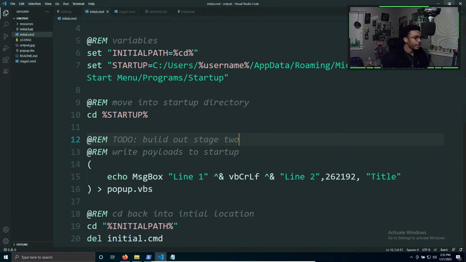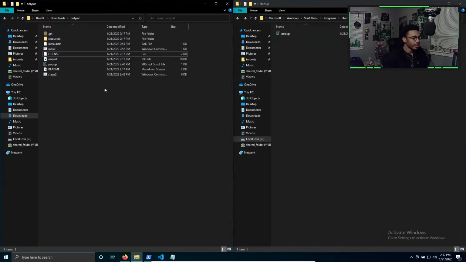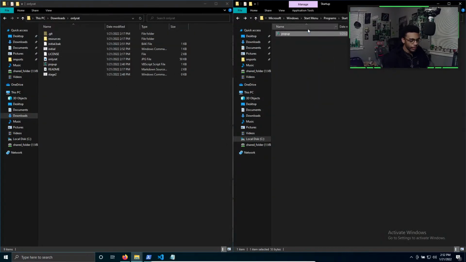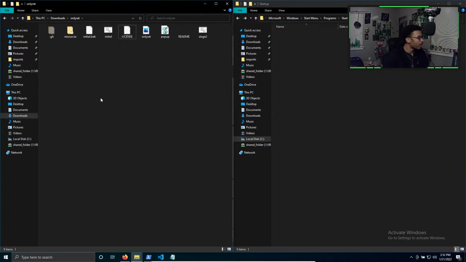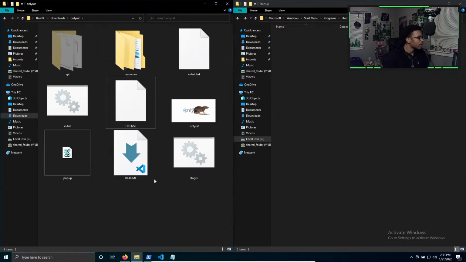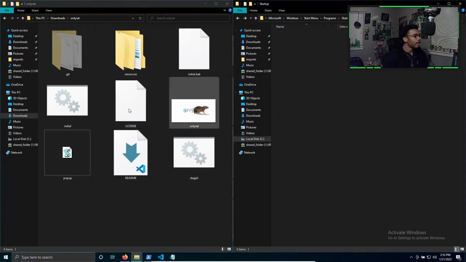Yeah. So I can show you how it works right now to give you guys an understanding. So the first thing we need the rat to do is spread, right? So you see this initial file. Let me make this bigger for you guys because that's probably really small. So this is our initial file, right? Whether we get this onto the computer, whether we have a rubber ducky to run it, whatever, this is the file that we run, right? When we run it,